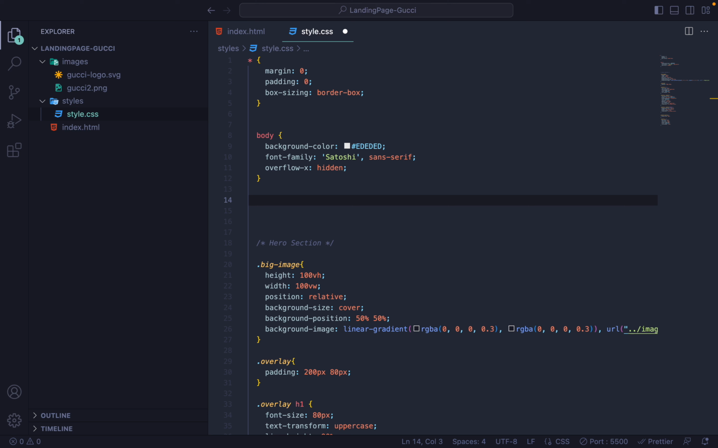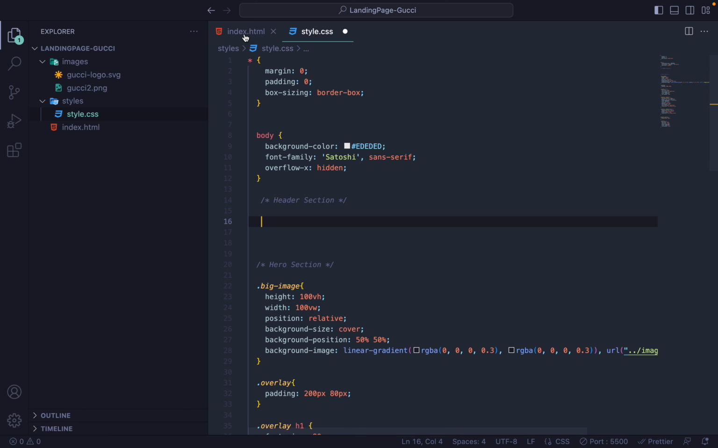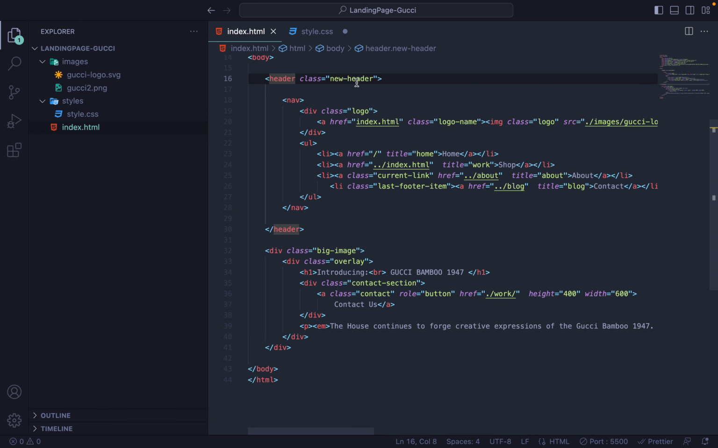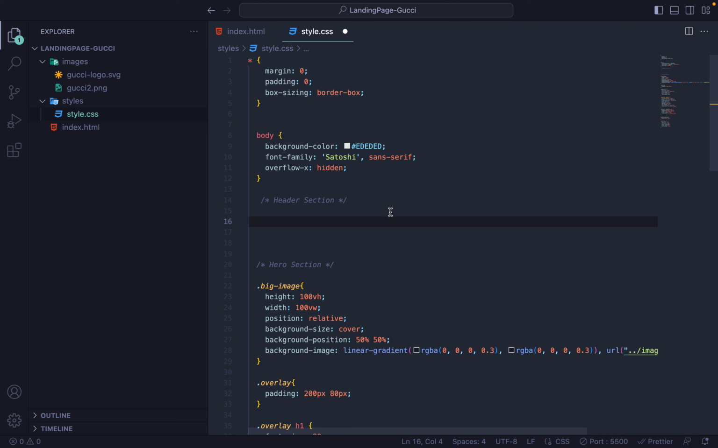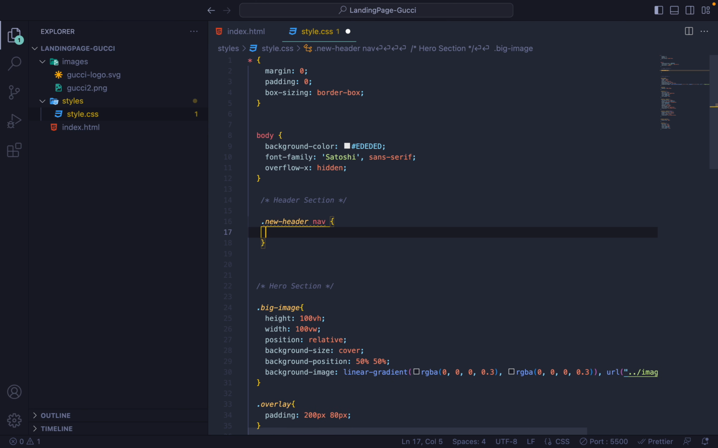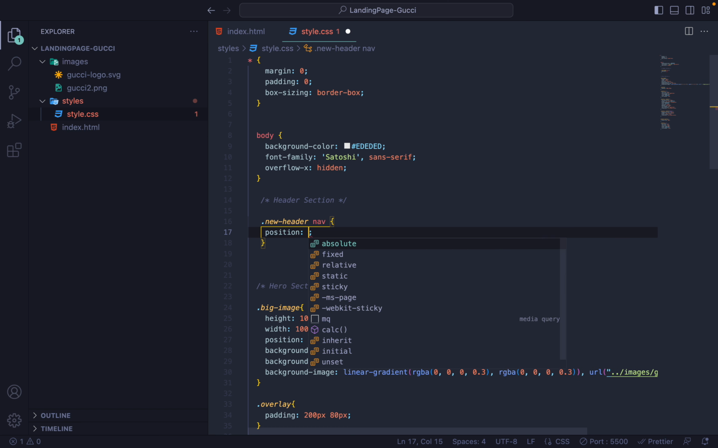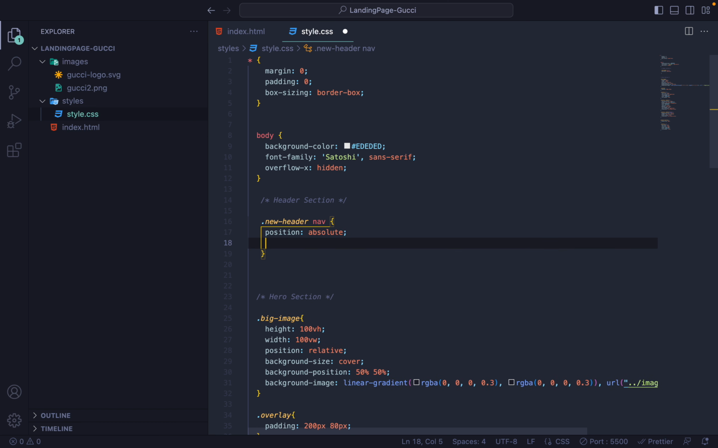Just add a description so we know what we're working with. And we're gonna be working with the new header right here, and we're gonna be working with this property. So we want to target this class and this nav. So it'll be new header, and then we'll target the nav. Since we want it to be on top of our